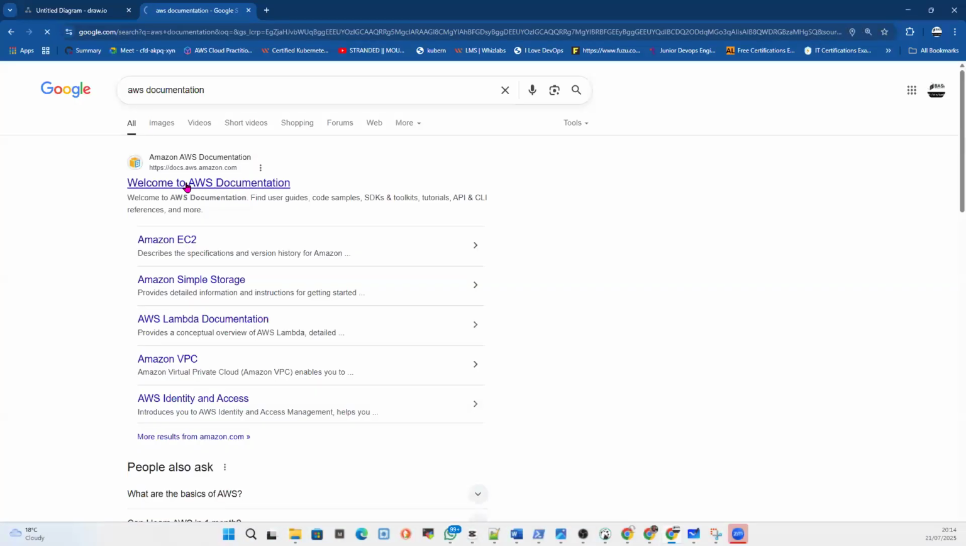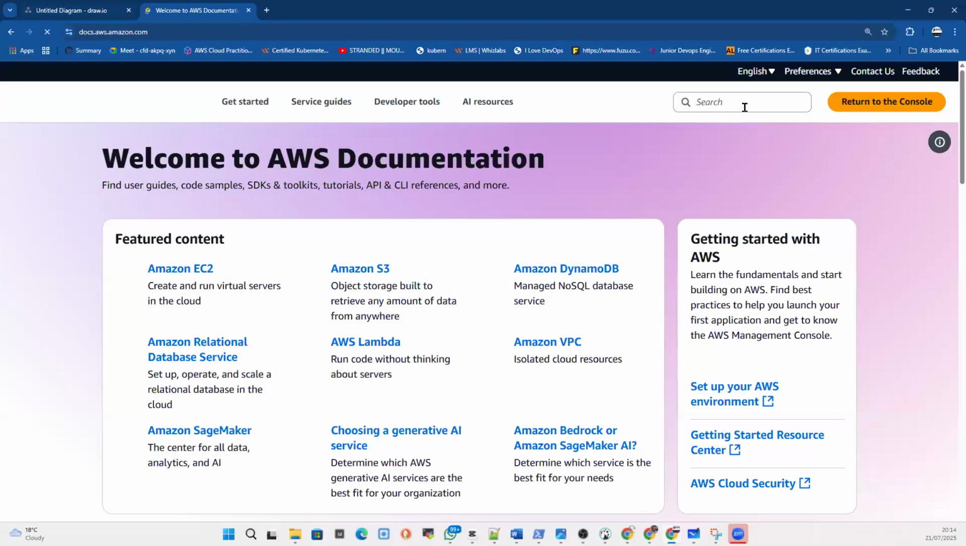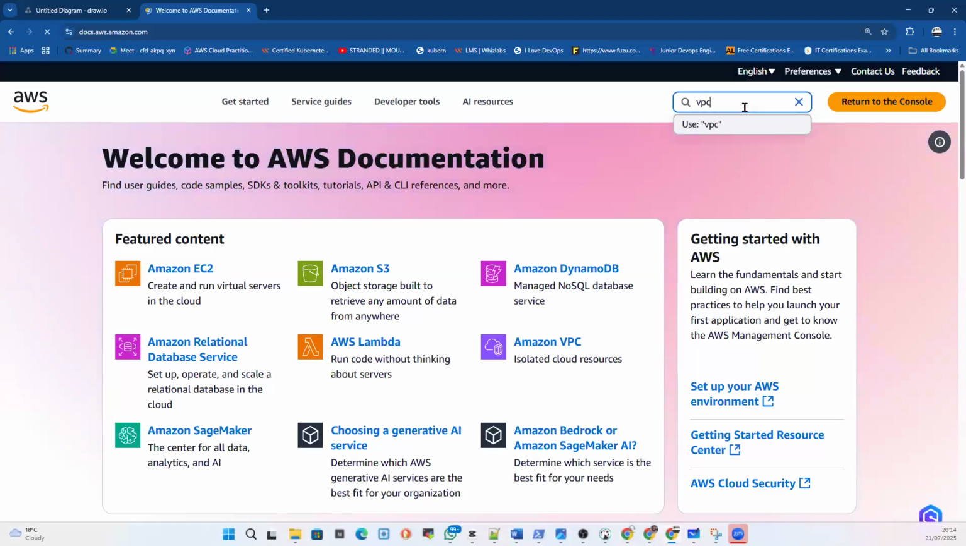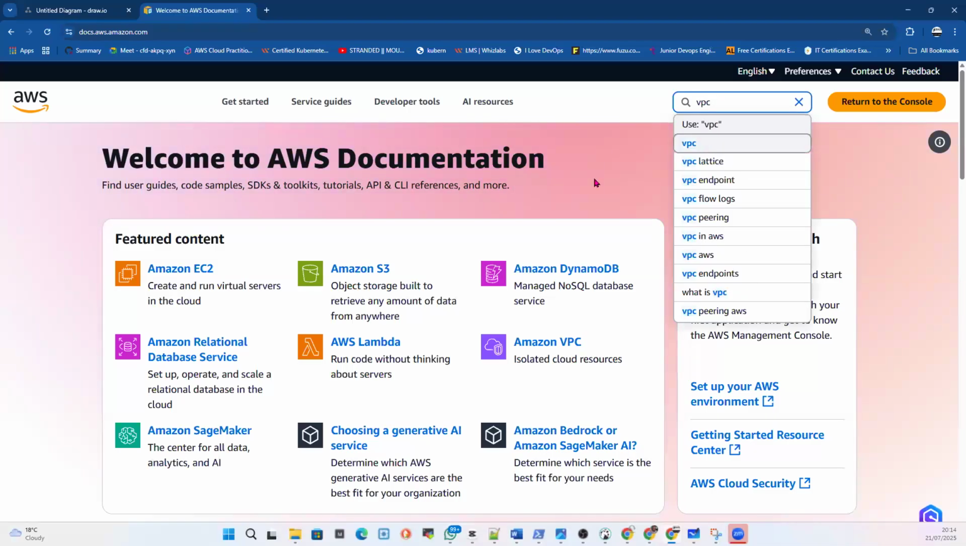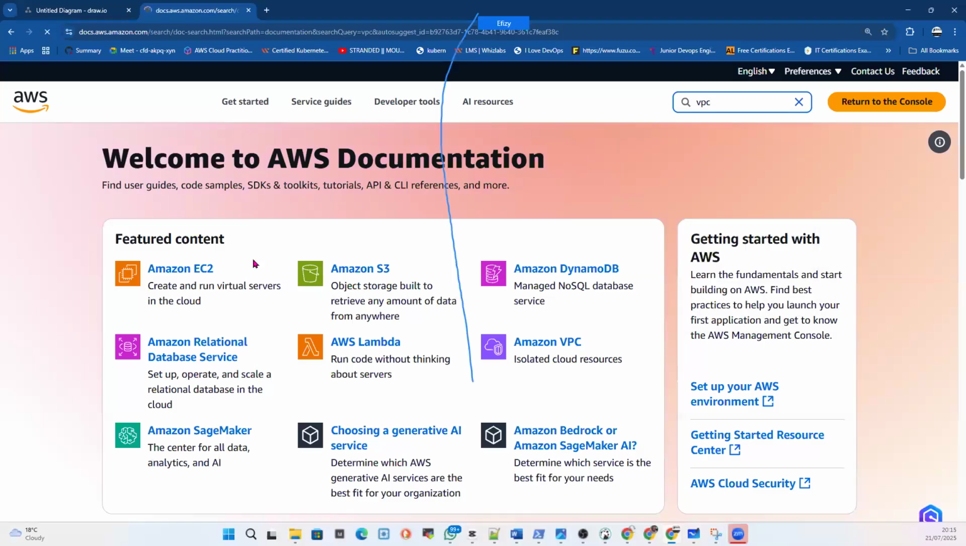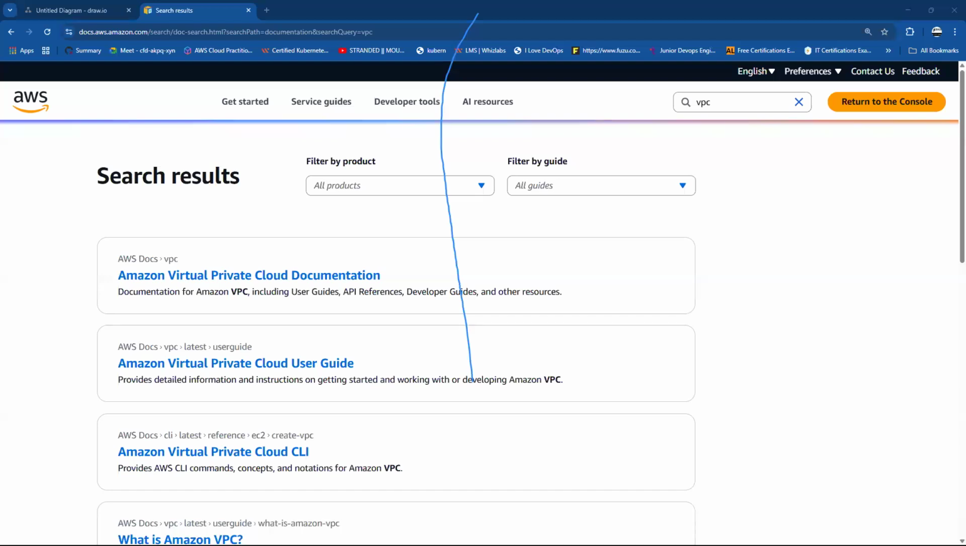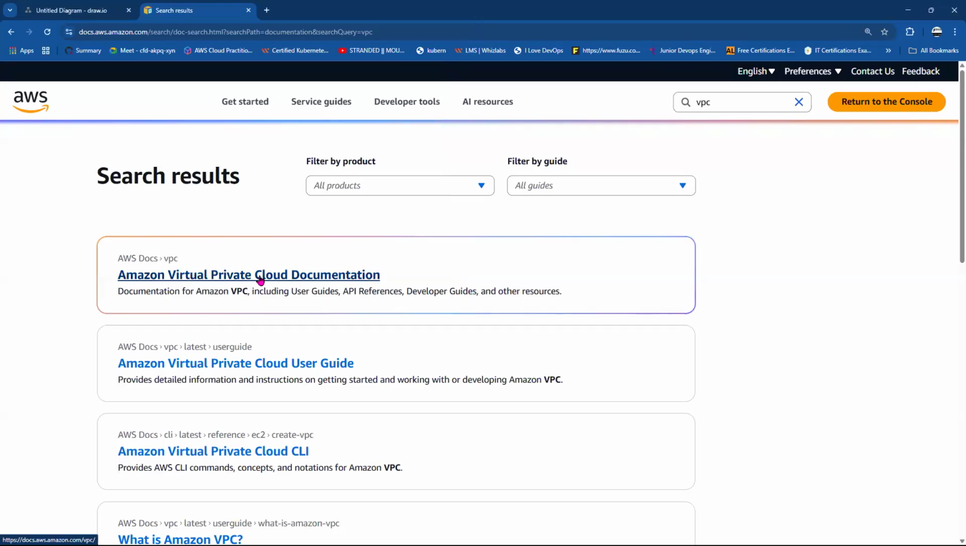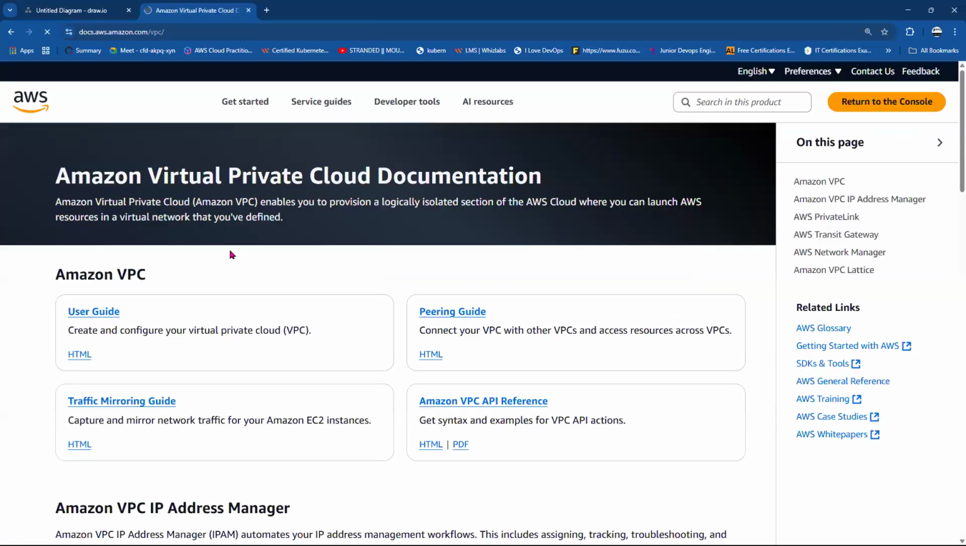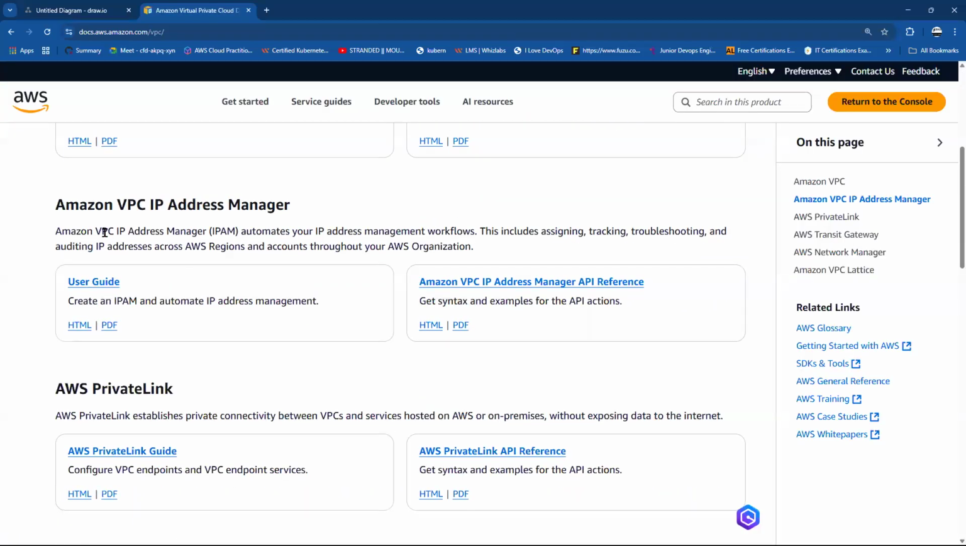So VPC stands for Virtual Private Cloud, VPC. Okay. So we have VPC in AWS. We call it what? Virtual Private Cloud. So when we talk about designing, okay, let's open this. This is a VPC, Virtual Private Cloud. So what does Virtual Private Cloud mean? And AWS VPC,